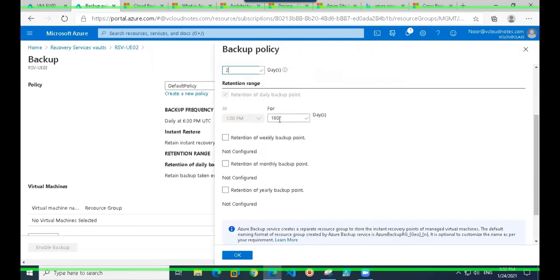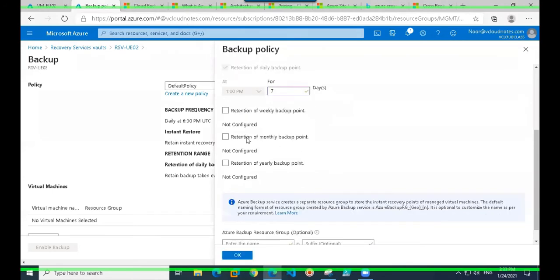Then you can select the retention period. By default, you would see 180 days. Suppose I want to keep it for 3 days only. Oh, sorry. Again, my mistake. Retention period for Azure VM is a minimum of 7 days, right? And the maximum could be anything. You can see that, right? Minimum 7 days and maximum could be up to 9999 days. So suppose I want to keep it for 7 days.